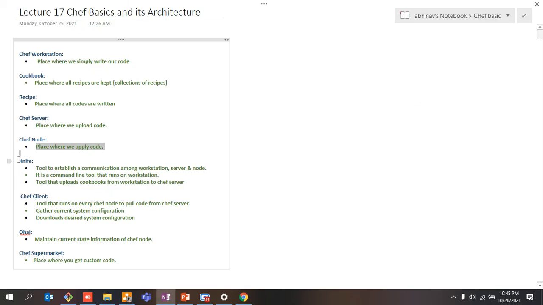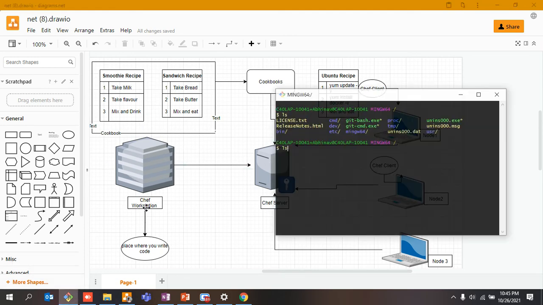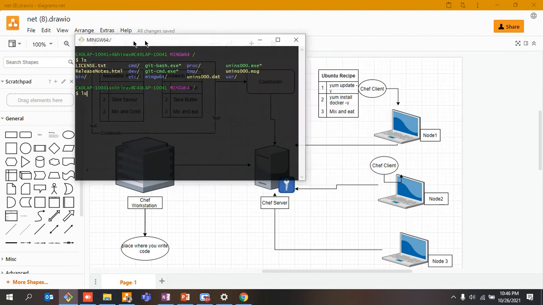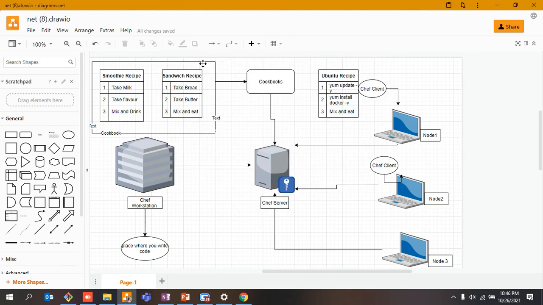And what is a knife? It is a tool to establish a connection, right? Once you have written your code on your workstation, how are you going to transfer it to the chef server? There would be a command line interface, like this Git Bash. You do something, you get connected to your Linux server and upload something.